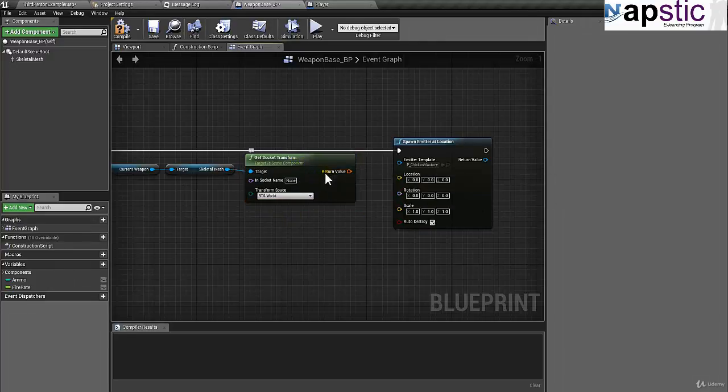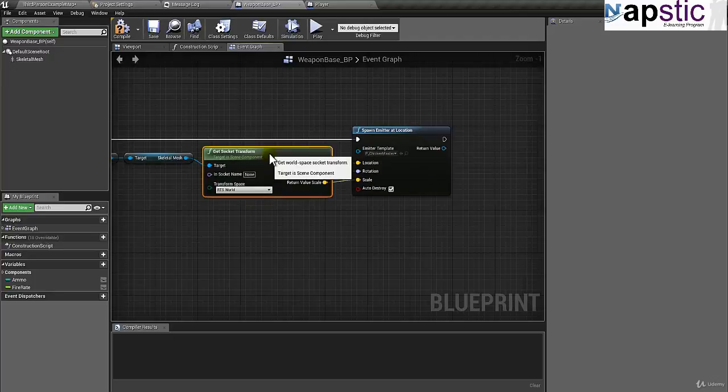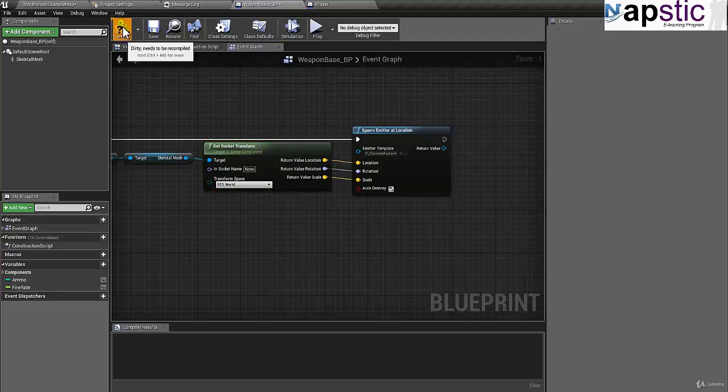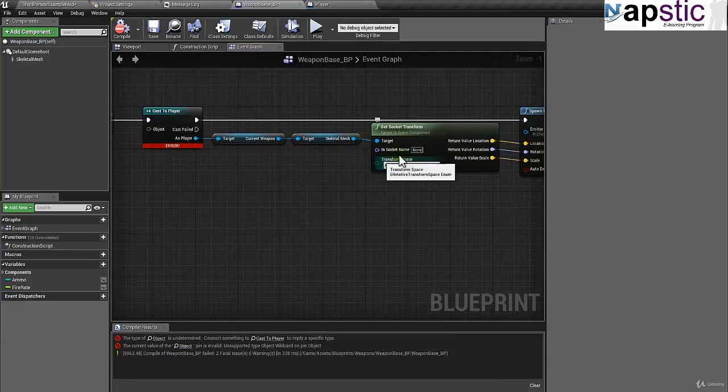Okay, and I just have to right click and split the struct pin and connect this to the location, this to the scale, or also connect this to the scale and maybe line them up like that. And if I hit compile and it says object is undetermined, okay, out here the socket name has